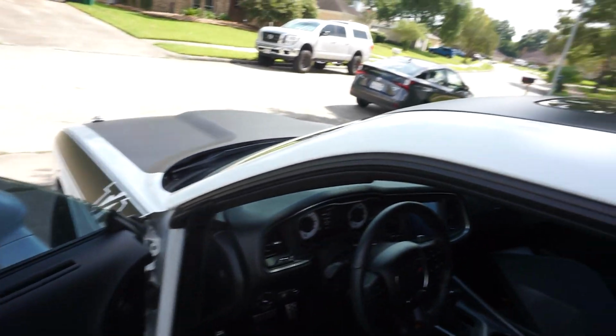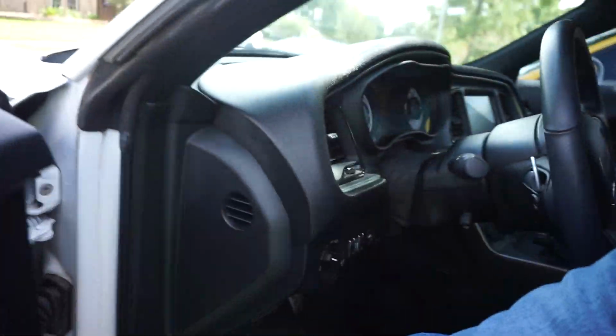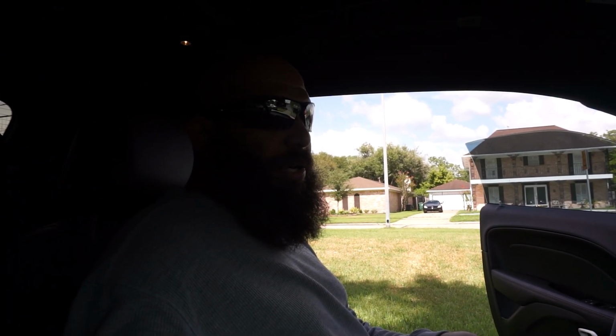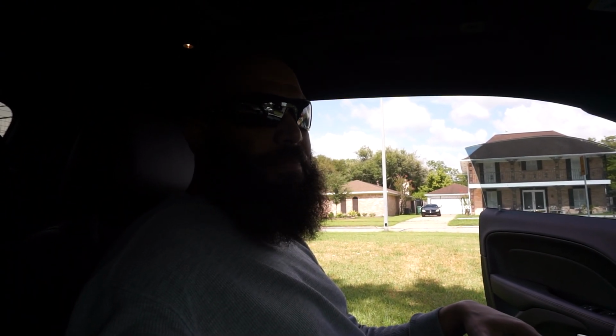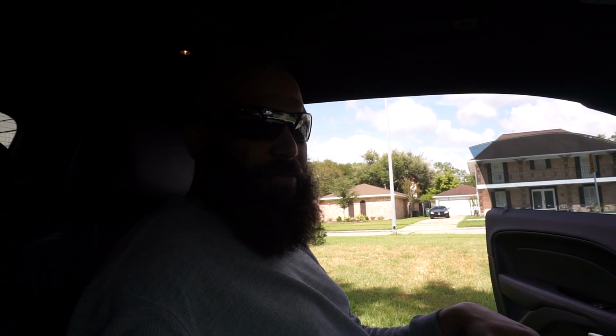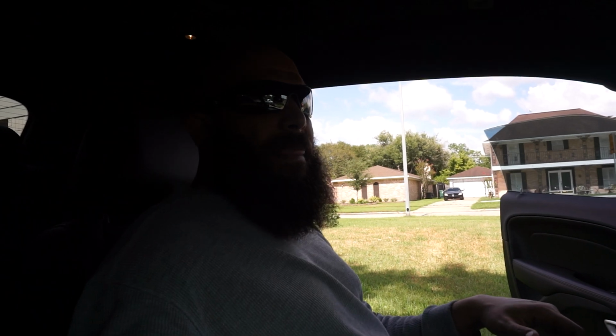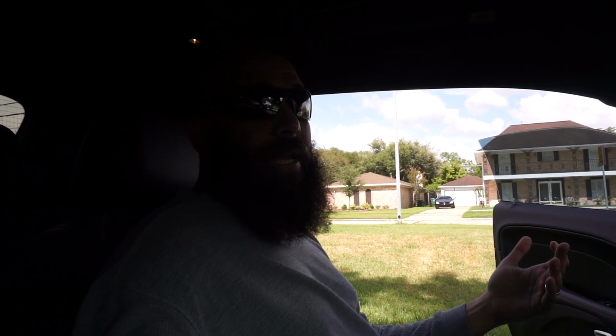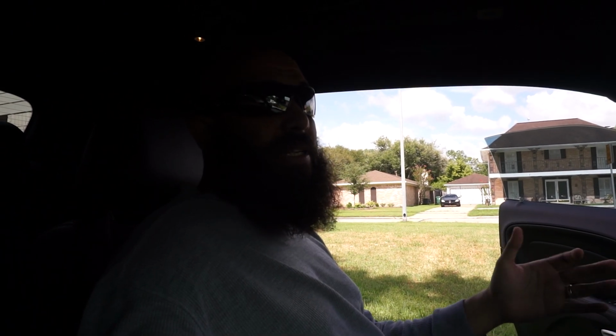So the reason why, initially I was thinking it was just maybe an anomaly, so I wasn't making a big deal out of it, especially since this car is a lot newer and it's still under its full warranty. I'm not sure if my Scat is. Might be. I'll have to check. So anyway, this car is newer and it's under warranty, and I parked this car outside, so most of